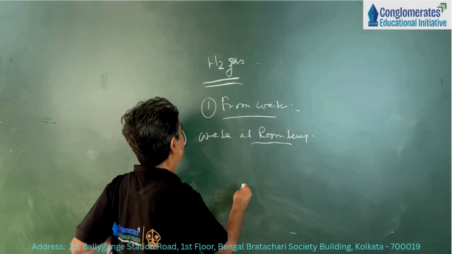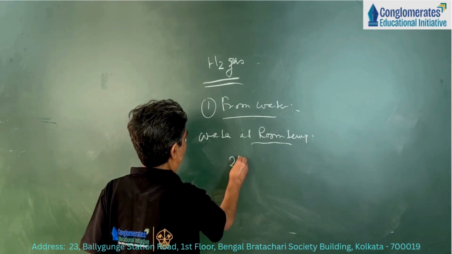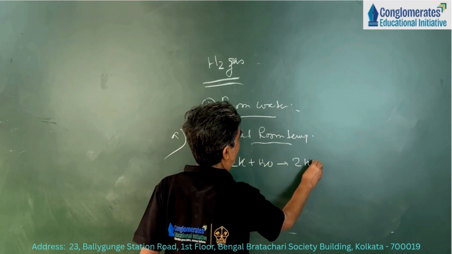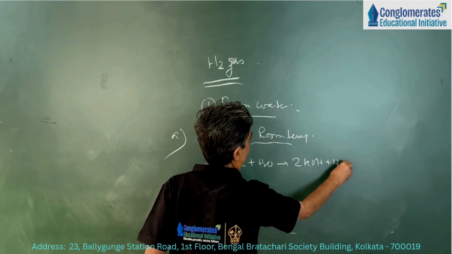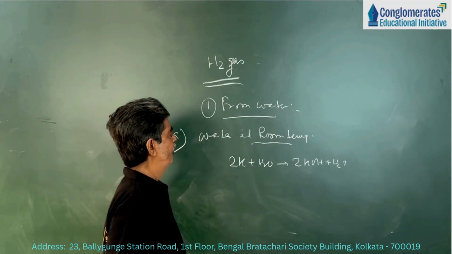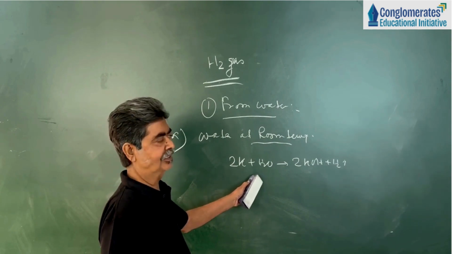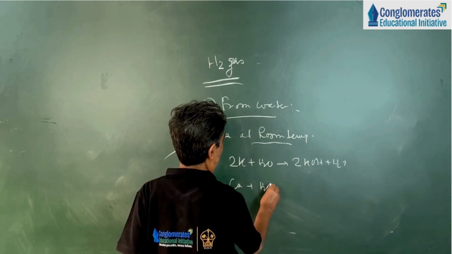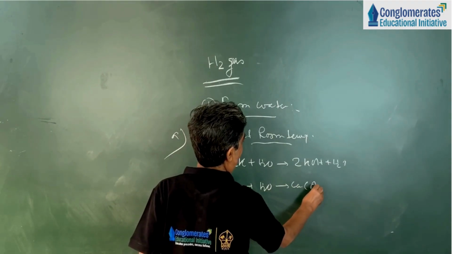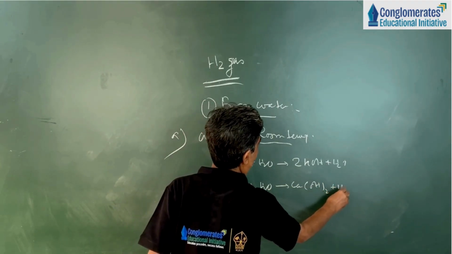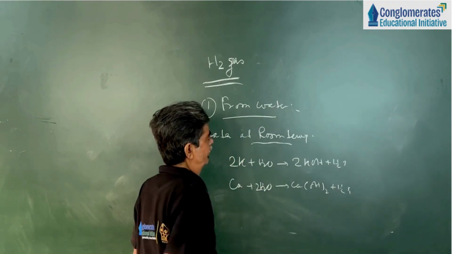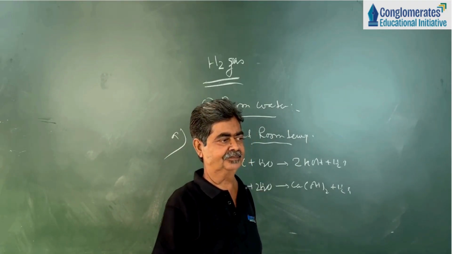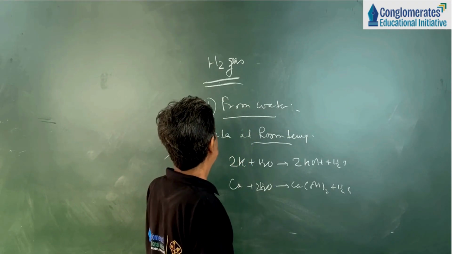One example I am writing, that is potassium. 2K plus water will get 2KOH plus hydrogen gas. Okay. Similarly, 2Na plus water, 2NaOH. Calcium, Ca plus water will get Ca(OH)2 plus hydrogen gas. Now here we get hydrogen gas at room temperature. Okay. Similarly,